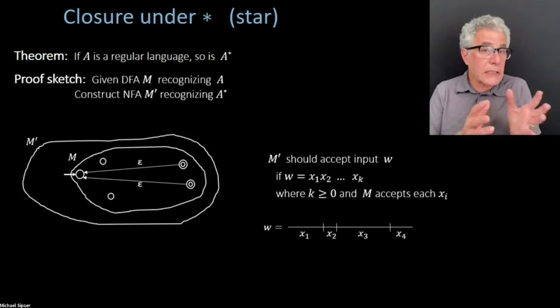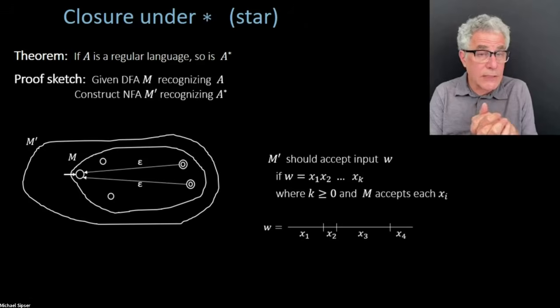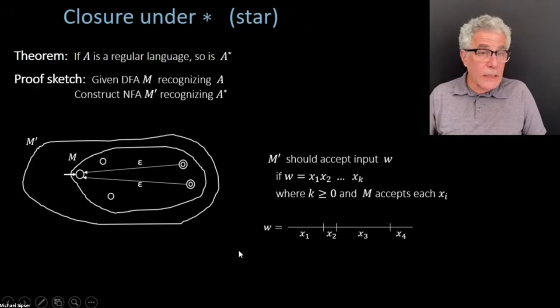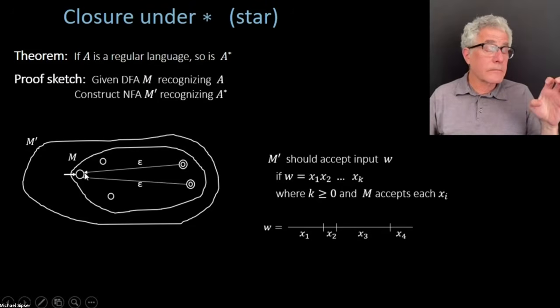So how do we fix it? Basically, we're just going to take the construction we have on the screen, and we're going to adjust it to add in the empty string because it's possibly missing. One way to do that, which is tempting but wrong, is to make the start state of M an accepting state for M prime. So we could have made this an accepting state too. And now M prime is also going to accept the empty string. That's the good news. The problem is that